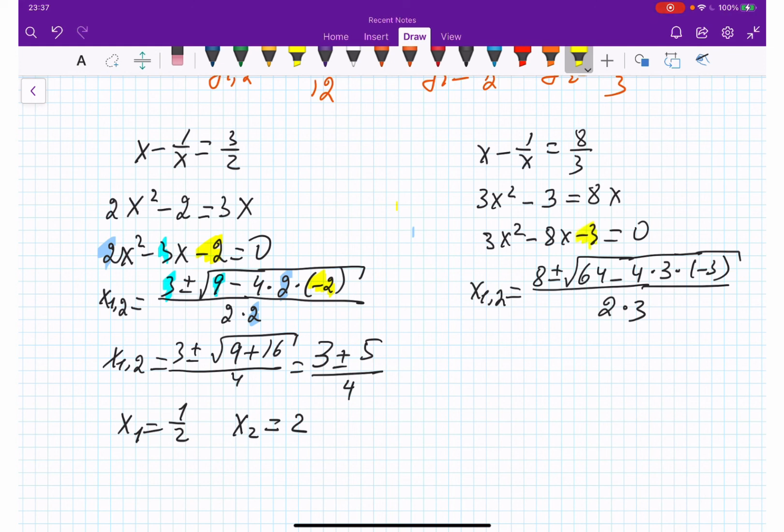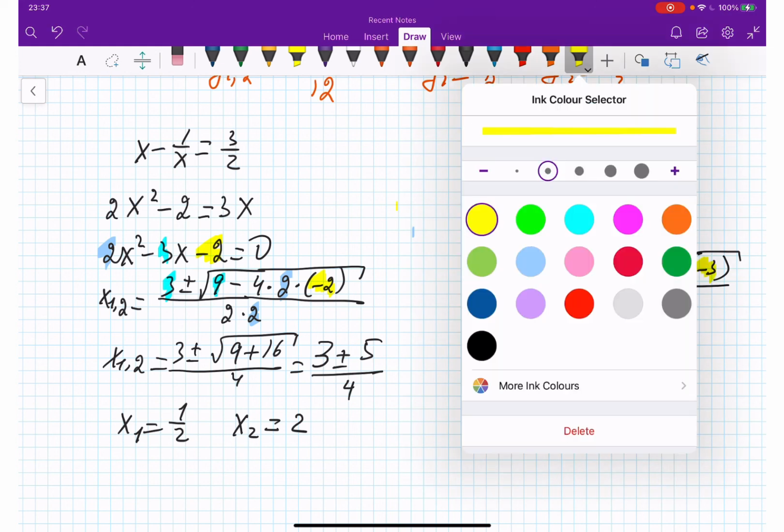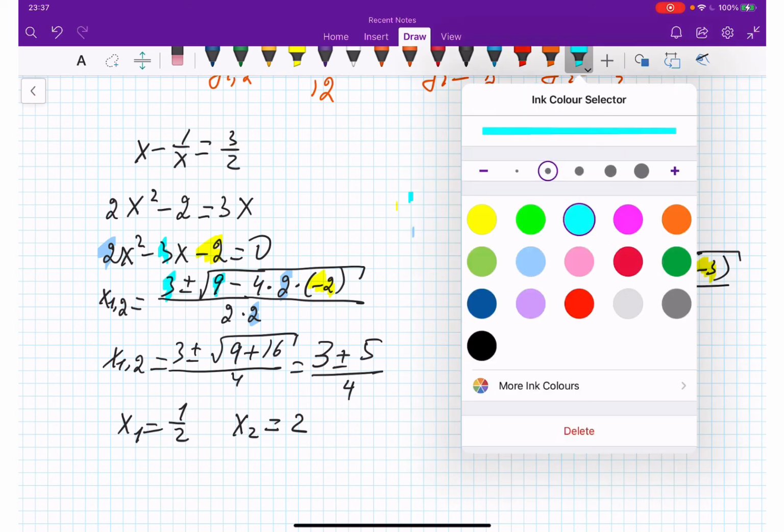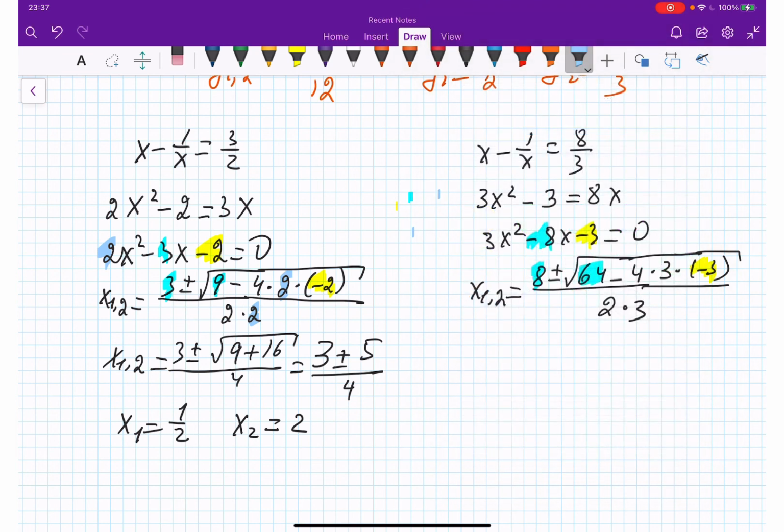This is c. Then this is b, it's negative 8, but because we are taking negative b, that's why it's positive. And lastly, we are taking our a, which is here, here, and here. So the result is